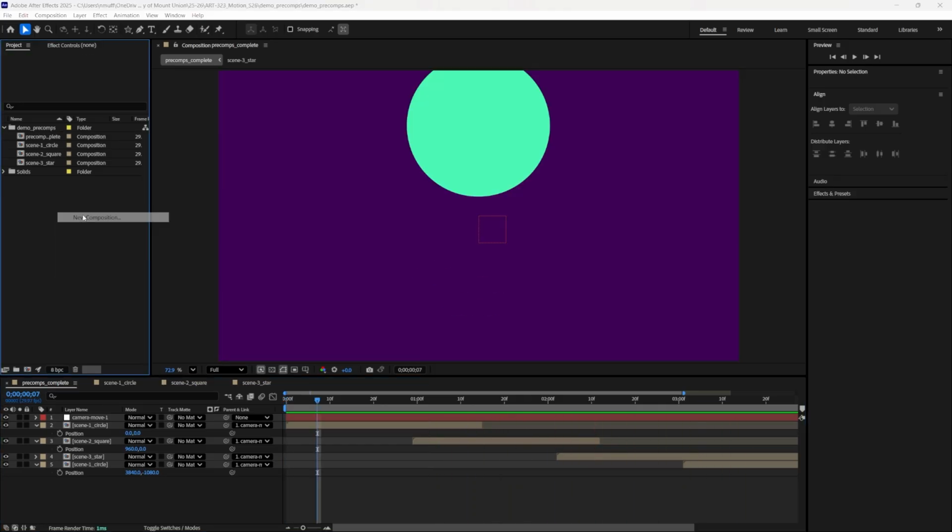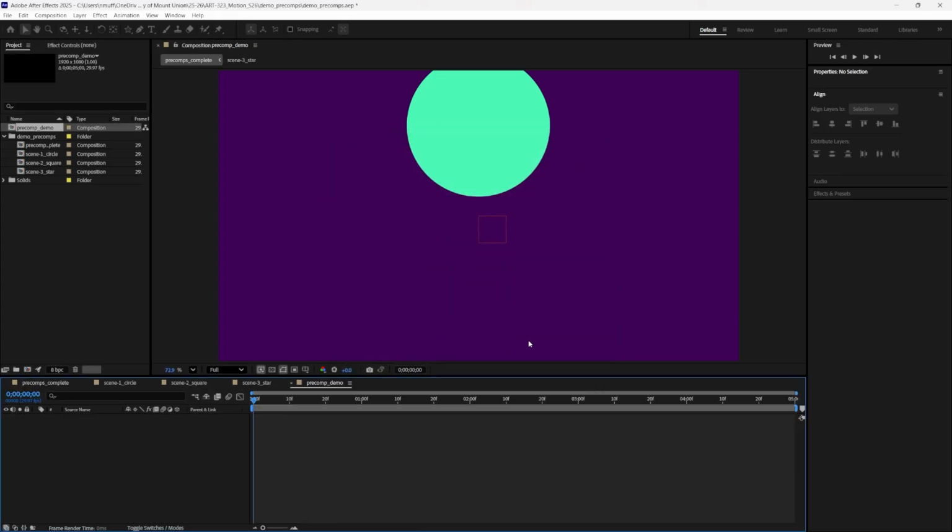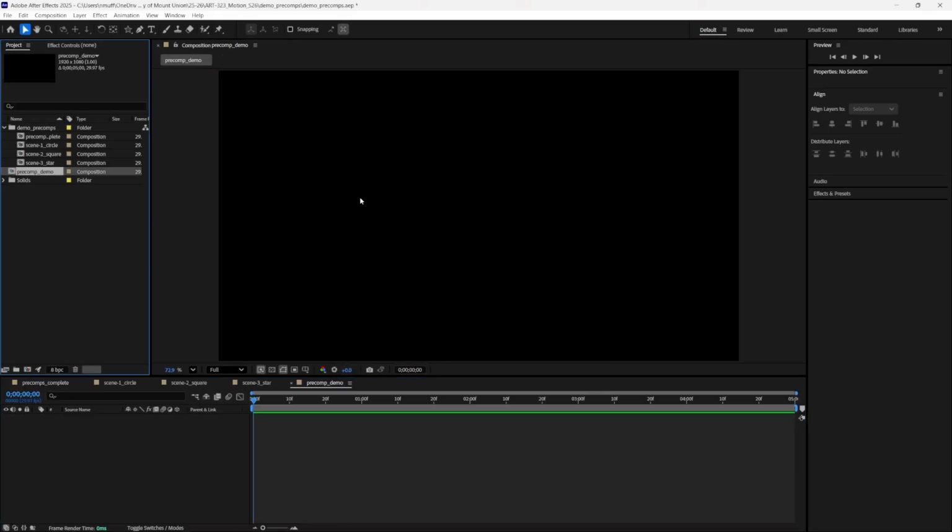So to start, I'm just going to make a new composition. I'm going to call this pre-comp demo. 1920 by 1080 is fine. Around 30 frames per second is fine. 5 seconds is fine. So I'll build my first scene here, which is going to be that circle dropping into